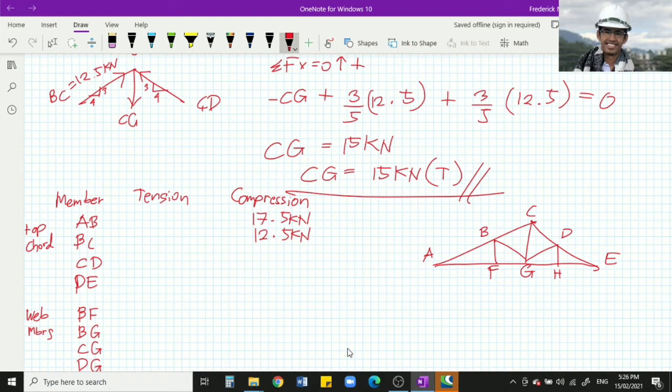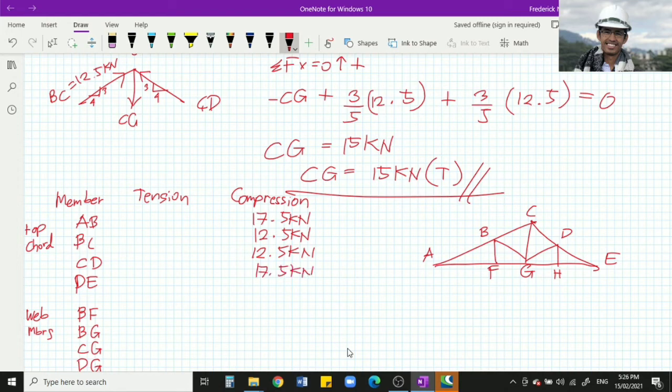So, yung CD natin is equal to BC kasi same lang din sila, 12.5 kilonewton. And yung DE natin, same siya sa AB. So, DE is equal to AB, 17.5